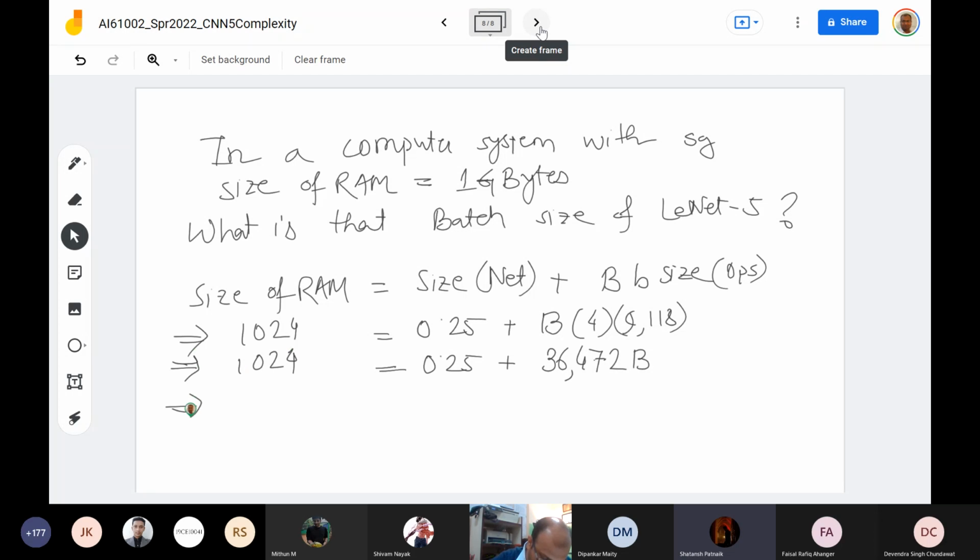So accordingly, my B becomes 1024 minus 0.25 divided by 36472. Oh, wait. This was not written in megabytes. This divided by 10